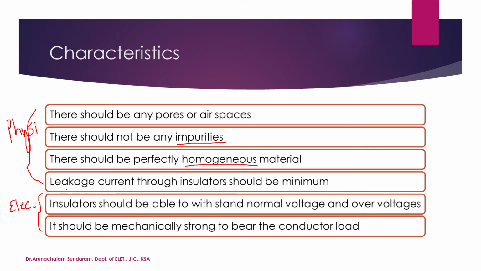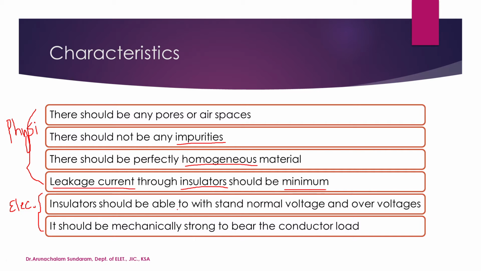What do you mean by leakage current? The current which flows through the capacitor is called a leakage current, and I will teach you how you can model this insulator as a capacitor in a later slide. Now understand, the leakage current through the insulator should be minimum. All of you know an insulator will not allow the current to flow through it. That is why it's called an insulator. So insulators will not allow, but there will be a current in microamperes, a very small current, and that current is called leakage current, and that should be minimum.